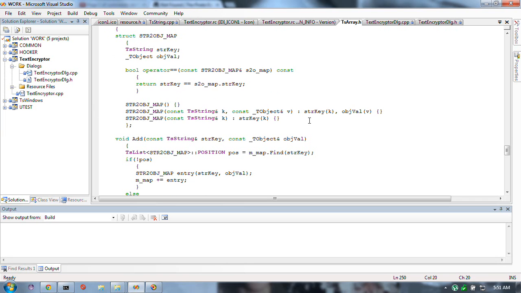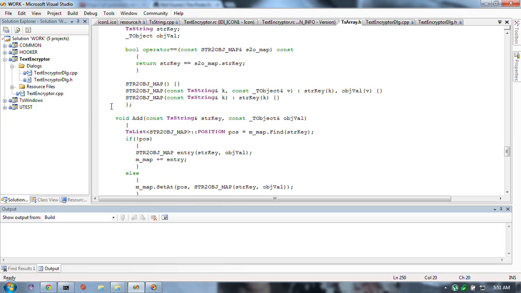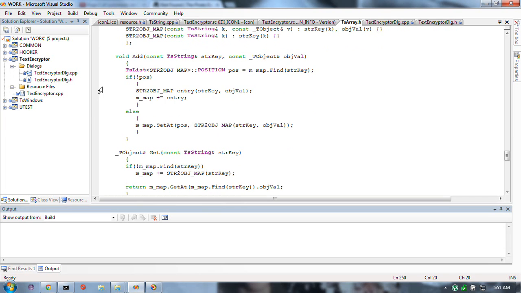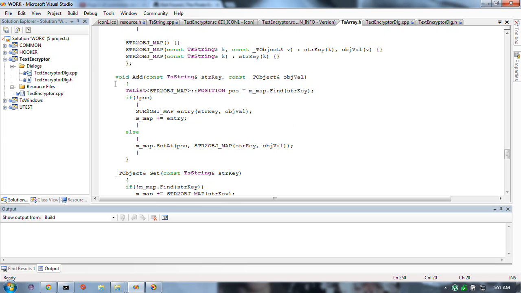Okay, and then some default constructing and so on and so forth. Now, on the hidden side, to add something to the map, given a key and an object, that could be a problem. Anyway,